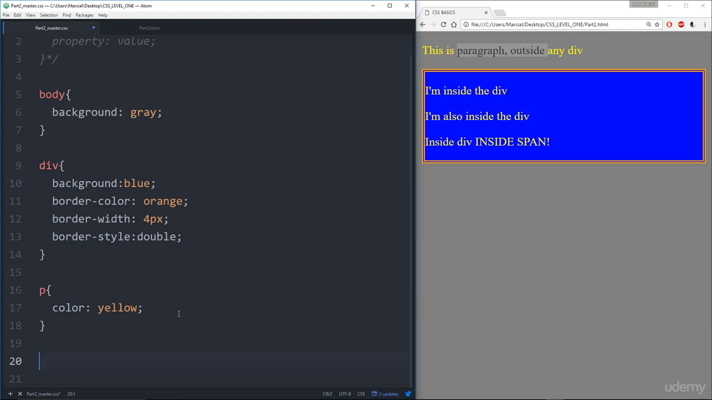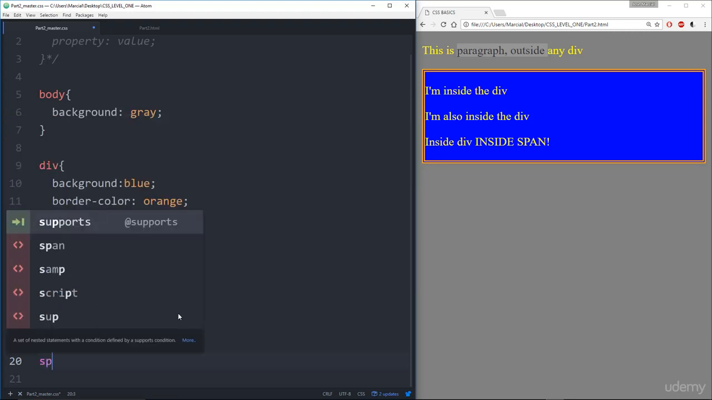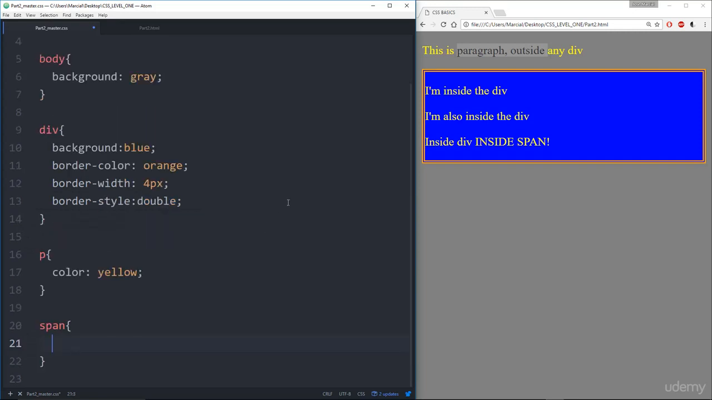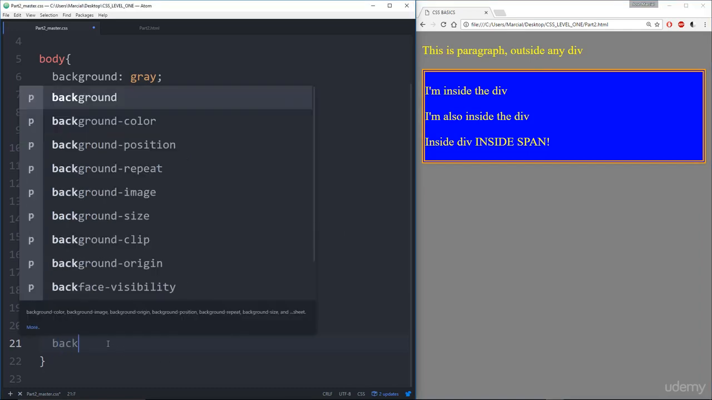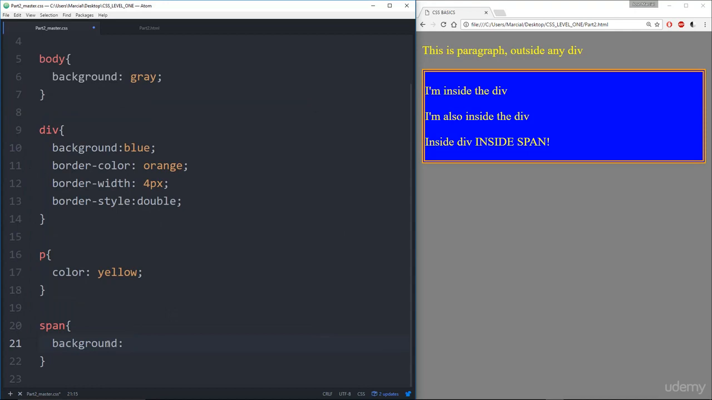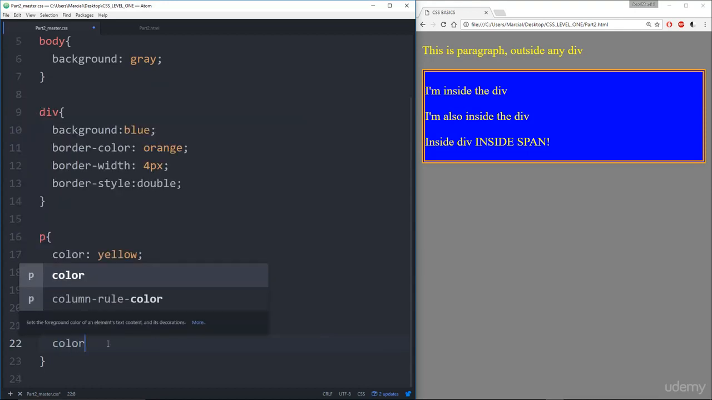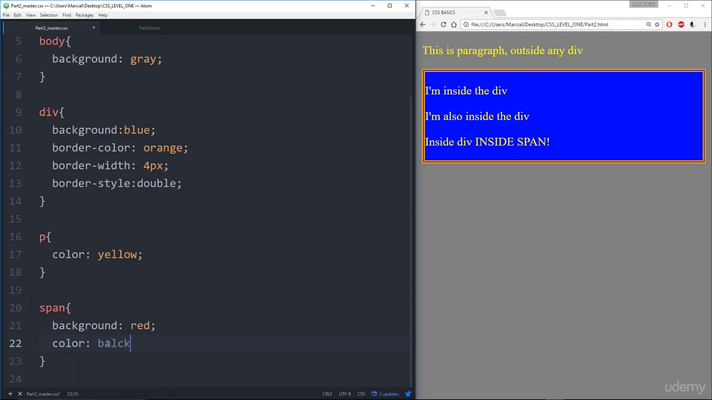Then lastly, I want to show you the span tag. And the span allows us to grab anything within that span. So remember, it was these 2 words, inside span. So I will call background here and say something like red, and let's give it a color of black. So now if I save this and refresh over here, I can see inside span is now background red, color